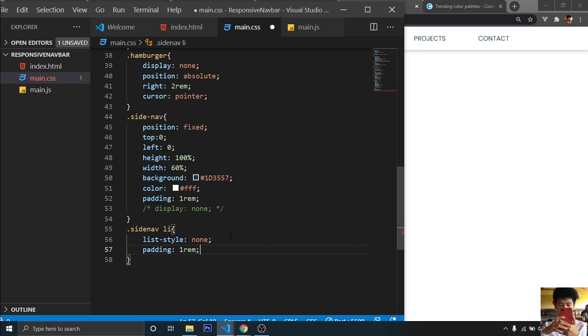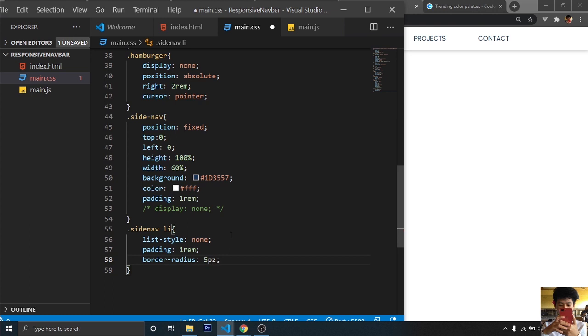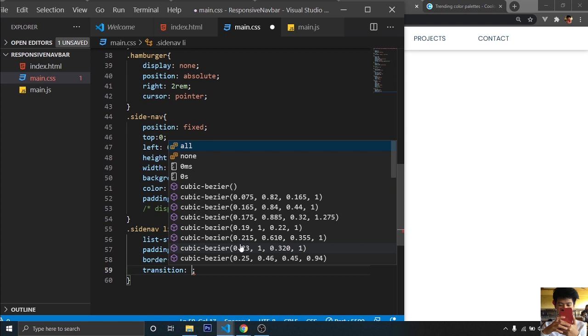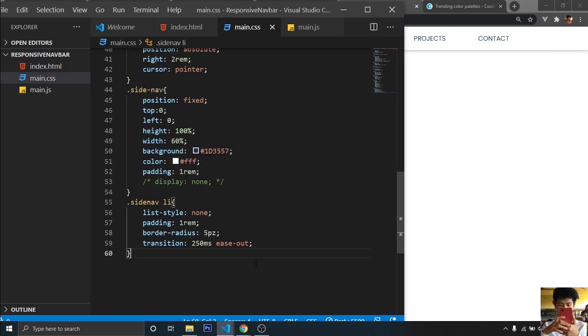Then we'll fix that. Border radius of 5 pixels. Transition 250 ms. By the way, we can do this in 0.5 seconds or 0.25 seconds, but since I'm using JavaScript, I'm gonna use the millisecond approach. So 250 ms, then ease-in-out. Then